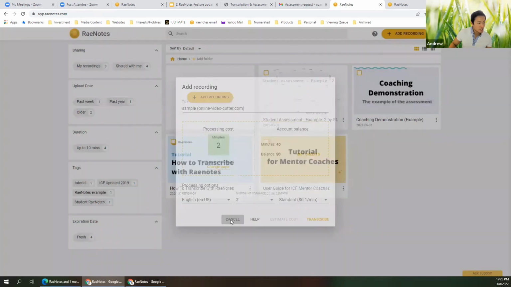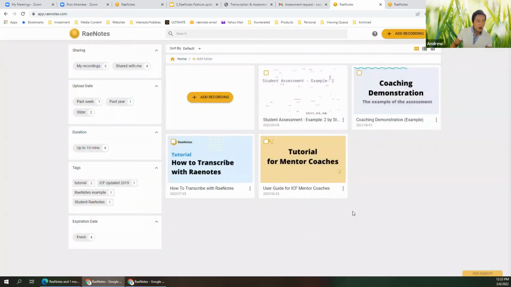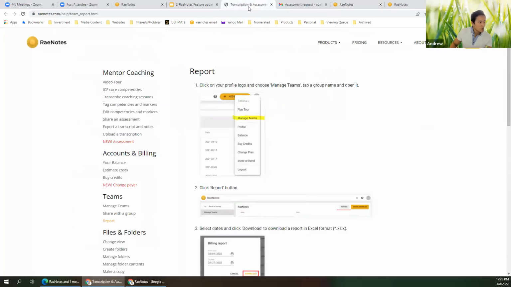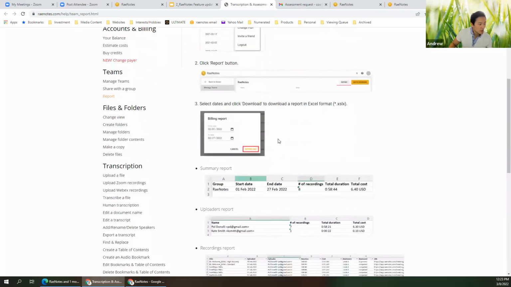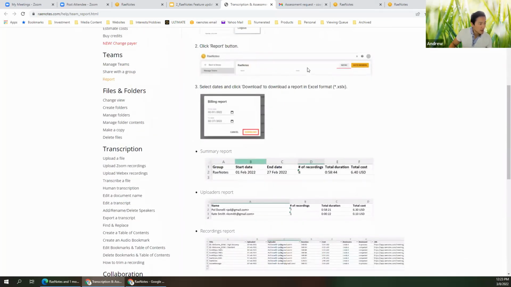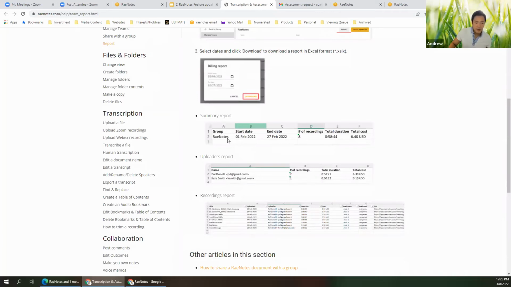So that is the changing payer feature. And then the last thing I'll show is the reporting. So here I'll just show on our support site how the reporting works. I think it's the easiest way to understand, but you basically are in the manage team section. You're able to then go ahead and hit the generate report button, and we will provide an output that